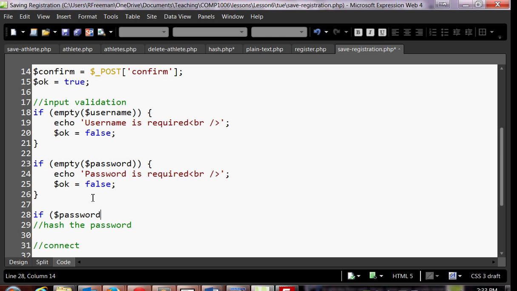So our third check will say if password does not equal confirm,